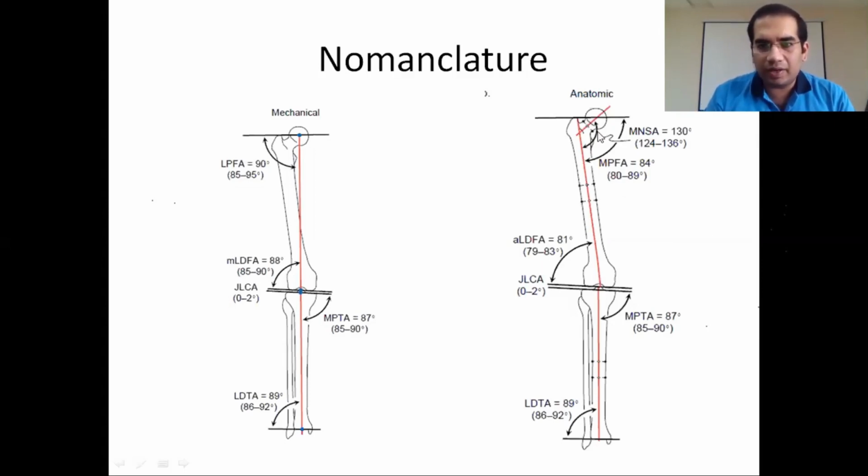Since this line has been cut into two parts by this line, we have one angle, the medial one, and the other one, the lateral one. We take the angle which is less than 90 degrees, the acute angle, not the obtuse angle. So the medial proximal femoral angle is 84 degrees, and the range is from 80 to 90 degrees. There is another reference angle, the neck shaft angle, which we will discuss later on as well. So now let us jump to the section.